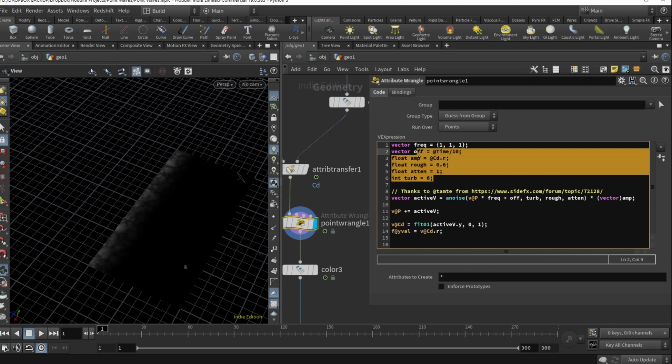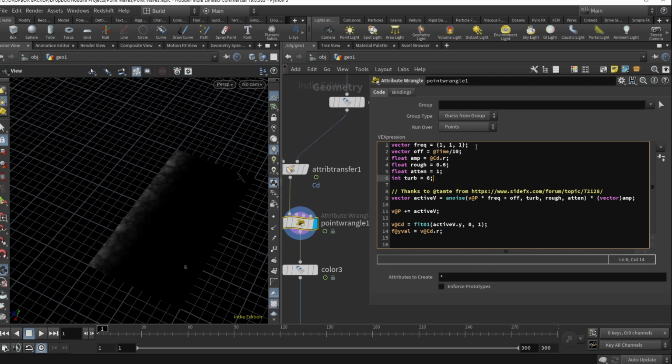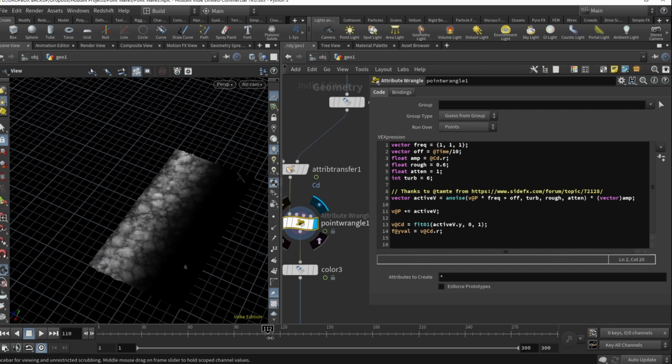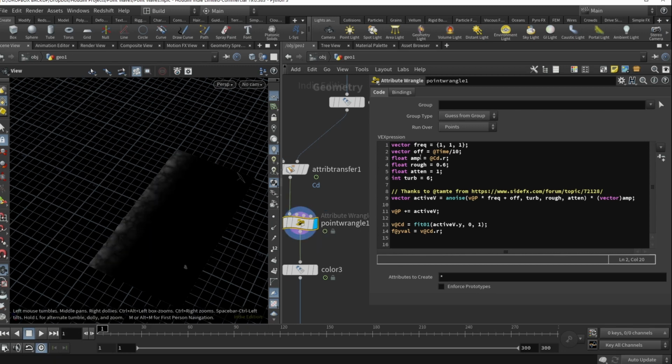And here, all of the thingies are your regular parameters that you adjust when you set up the noise. Frequency is a vector 1, 1, 1 in this case. Offset is add time divided by 10, because we want our noise to be sort of animated, and when we animate the offset, you will see that noise kind of flows a bit. And then we have our amplitude, and amplitude is pretty important here, because it's Cd.r